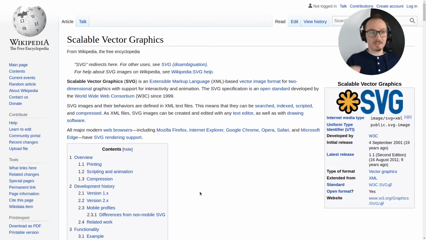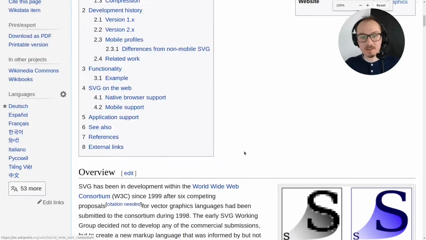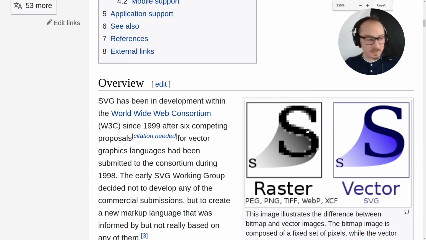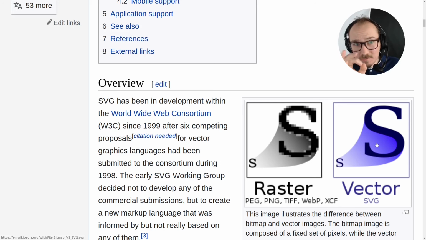SVG stands for Scalable Vector Graphics. So scalable vector graphics, it's a way of representing computer graphics that is based on the geometries and the shapes. So for example, if you have the letter S and you zoom it in with SVG, because it's vector graphics, you don't lose any crispness because the graphics are defined in terms of the geometries themselves, points and lines that connect the points, as opposed to